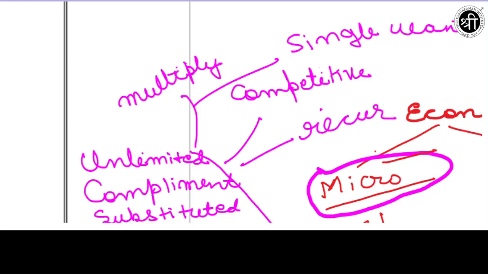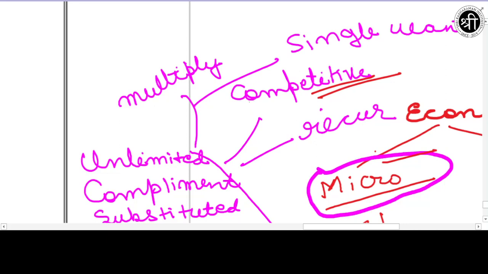Okay, and after this the next one is that wants differ in their urgency. Now what is the meaning of this? It is in the same manner as in the competitive one. One want can be very important and the other want can be less important. Like you saw in the previous example, we had a want for a car and at the same time we had a want for the television, but the television want is much more necessary, much more urgent.